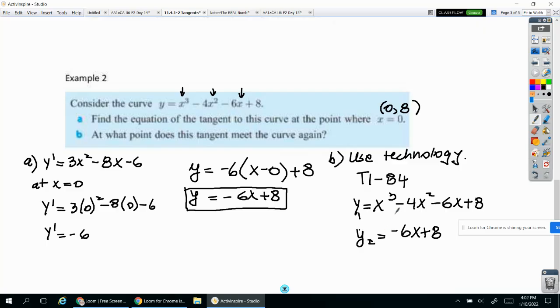Then once you graph this, you will go to second trace and then find the intersection. And this will provide for you where the lines intersect. This will be the answer right here. And so go ahead and try to do that on your